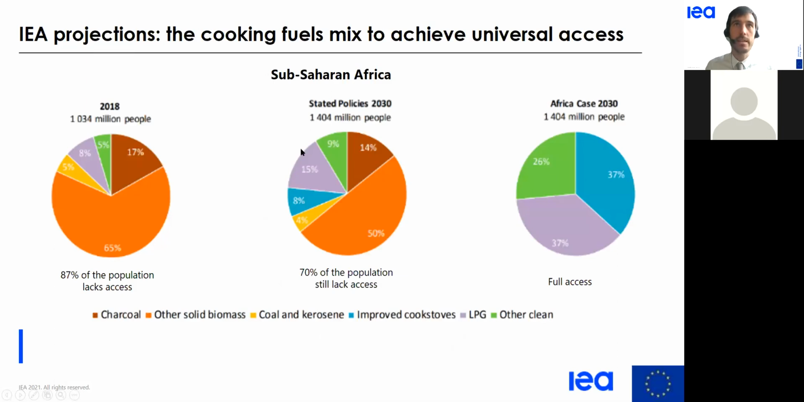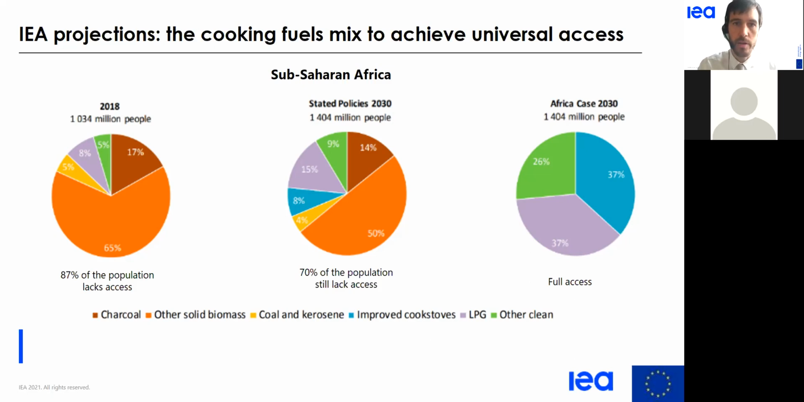So here you can see today's situation in 2018 and then projections by 2030 under two scenarios, stated policies in the Africa case. Improved cook stove is the blue part of the pie chart. Under stated policies, which are the announced policies that we observe, which are put in place by governments, we see an increase in improved cook stoves because there are indeed many policies to promote the use of improved cook stoves. This has many benefits because it can be